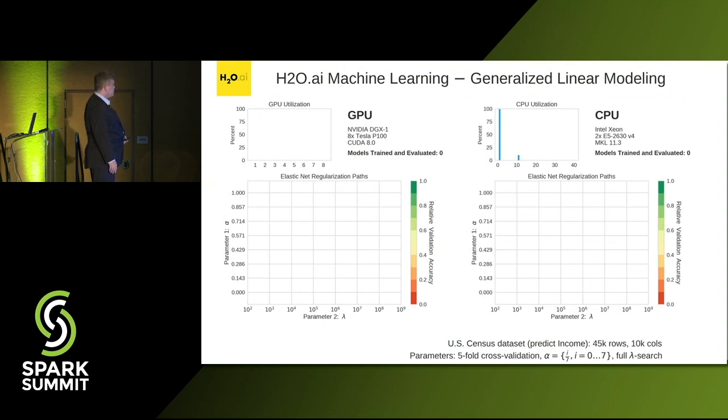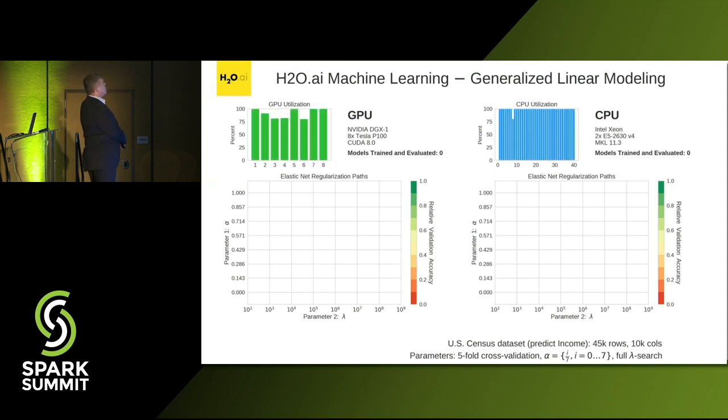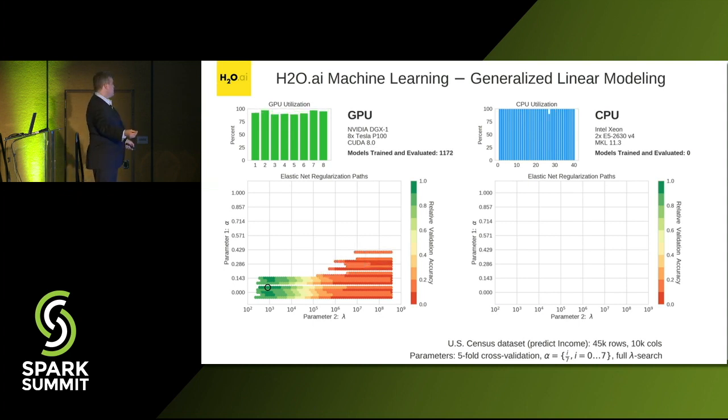And I wanted to show you an example of an H2O algorithm. So this is not yet open source, but this is in their enterprise edition. What this is, is a DGX-1 with 8 GPUs compared to a system of 2 CPUs, and it's building 4,000 machine learning models. These are gradient boosted trees being built on US Census data, and what it's predicting is the income. It's 45,000 rows and 10,000 features, 10,000 columns.